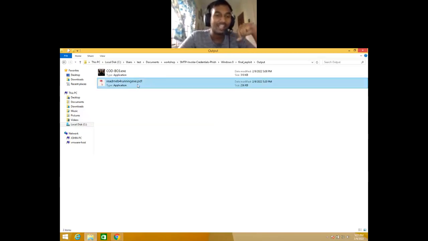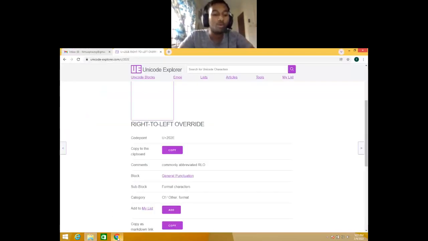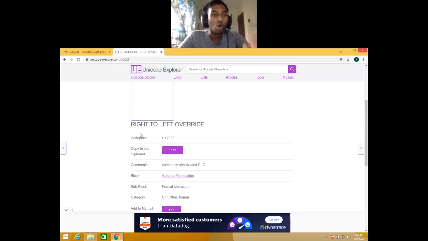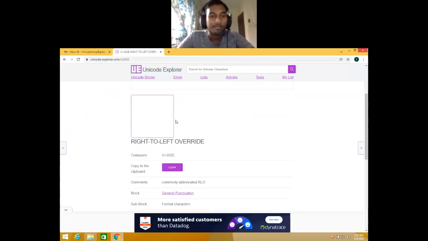Okay, so let's read it. So by running it, we are actually running an exe file. But the problem is the person doesn't know that it's an exe file. They think that it's a PDF file. Same goes to any extension. So by doing a left to right override or right to left override, okay,